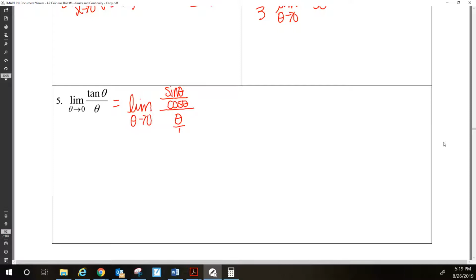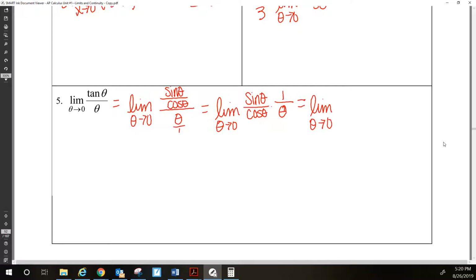So now I've got a compound fraction, so let's see if we can split it up. You have a fraction divided by a fraction, what can you do? Multiply by the reciprocal of these terms. Well, what's the reciprocal of theta over 1? 1 over theta. All right, you seeing anything here? Well, I'm thinking if I can change the order of this, I've got sine theta times 1 and cosine theta times theta. If I can get the sine theta over the theta, and then move the cosine theta over with the 1,